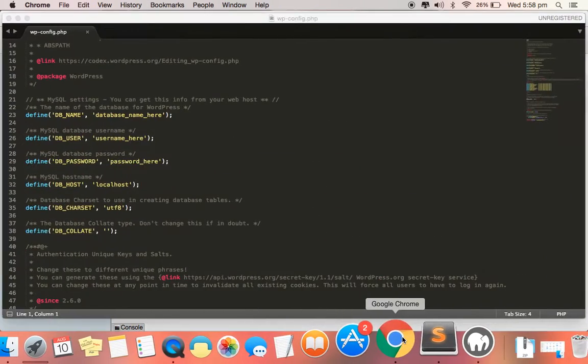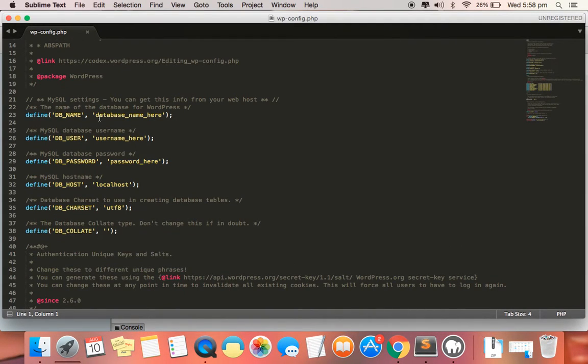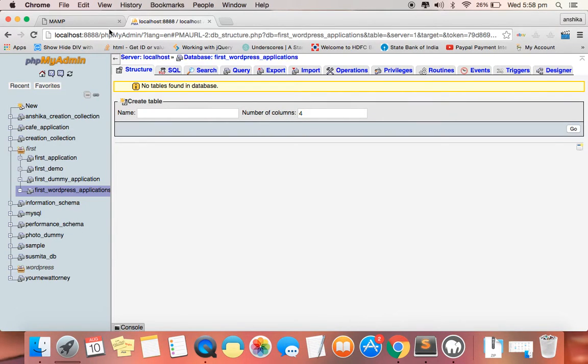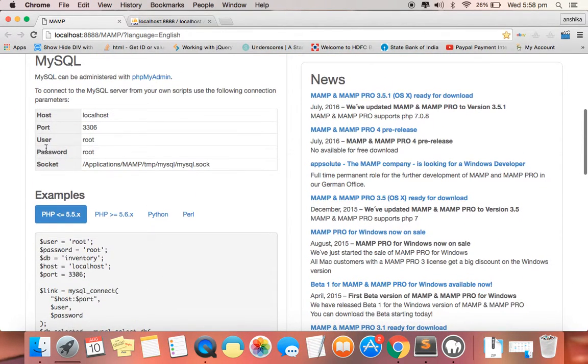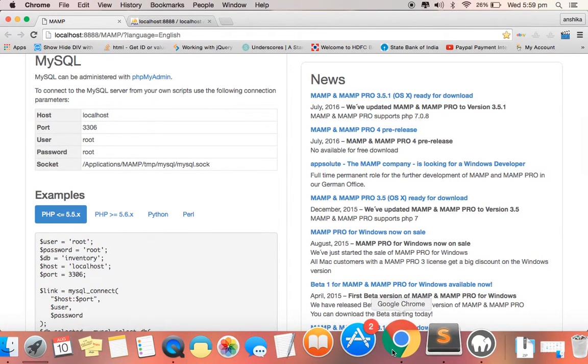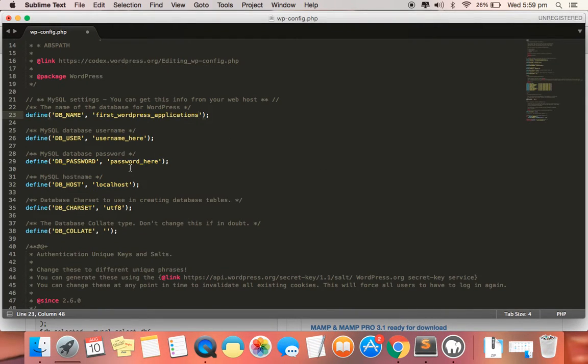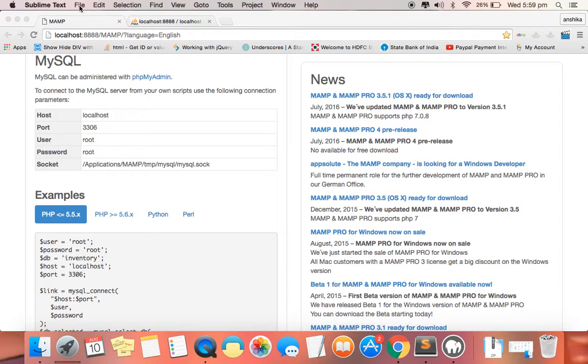Now go in your file. See here, it will be the database name here. So remove this and place your name. This is the database name. Second thing, as I told you before, in this page we have the database username and database password. So here we have to give the database username as root and database password as root. You just need to save it. So let's save it and close it.